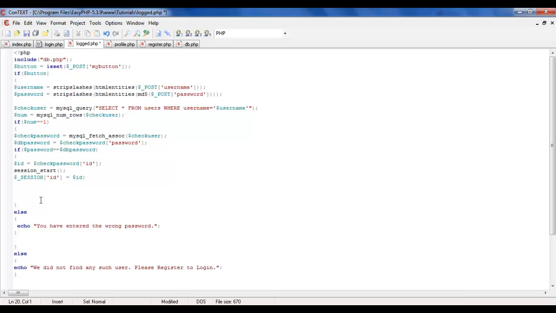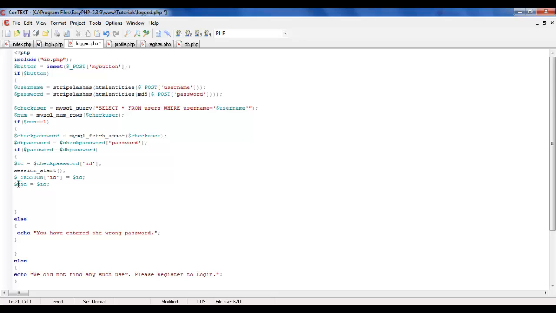We can again rename that as UID, something like a user ID is equal to ID. So now we will be requiring this variable as our session ID. To redirect the user to the profile page, you just need this line